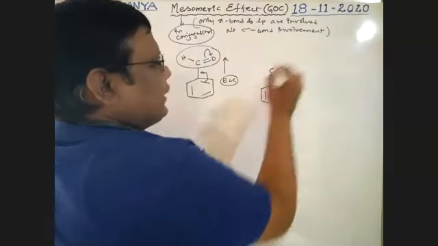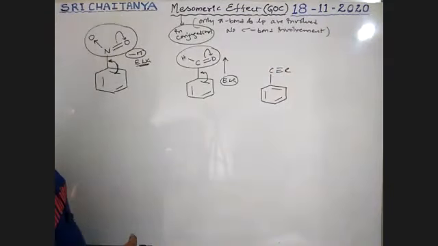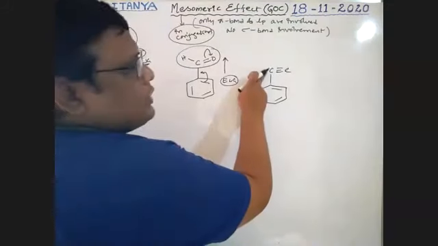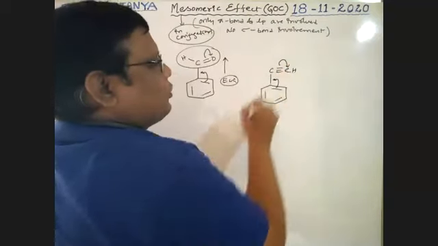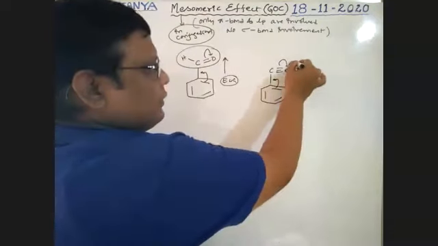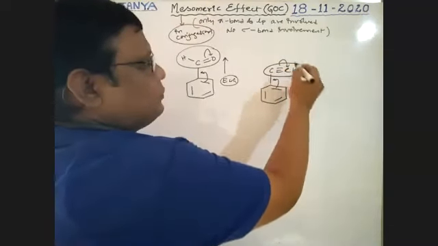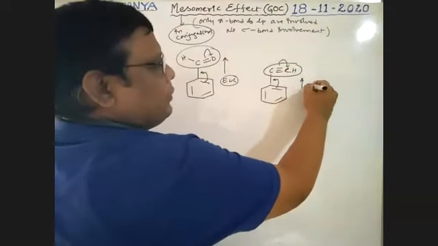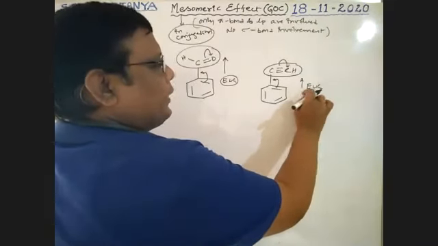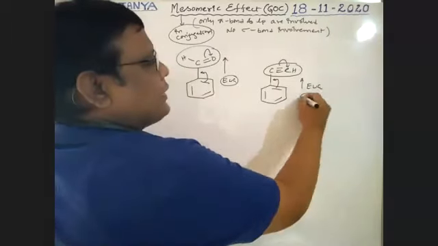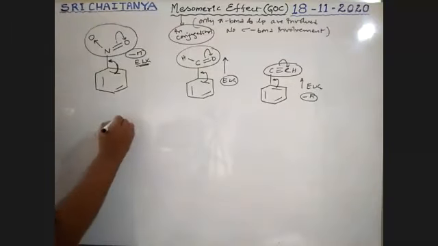C triple bond C. This is also more electronegative than the other end, so this pi bond moves towards this one. So this group is also an electron withdrawing group, that is, a minus M group.